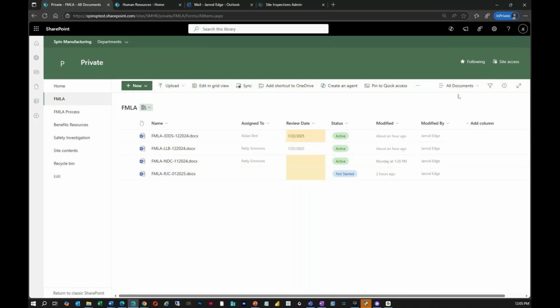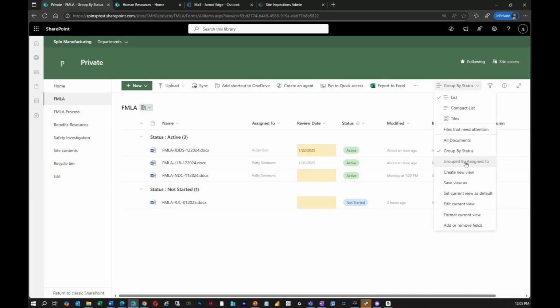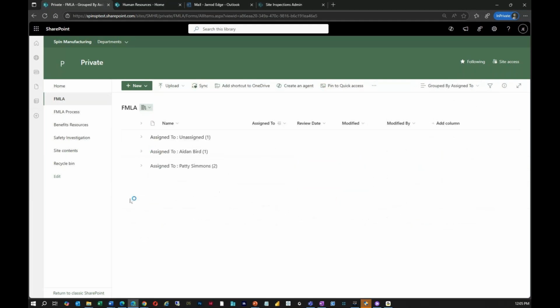But just having that allows me to, at a glance, be able to do things like, oh, let me group this by status, right? Or let me group this by the assigned to, and that kind of looks like folders. These unassigned ones are the ones that we're still talking about, and we're going to assign to somebody, and then these are ones that have been assigned that gives me a little summary. So some of you knew that, some of you didn't, but now let's see where the workflow part kicks in,